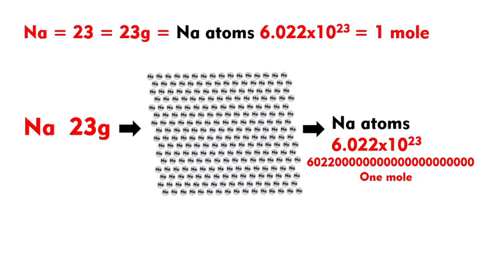If we take, for example, oxygen, 16 is the relative atomic mass that will be given to you. Take it in grams, 16 grams. In 16 grams, if you want to count the atoms, how many atoms of oxygen will you get? 6.022 times 10 to the power 23. Simply we say this count is 1 mole. So in 16 grams of oxygen, you have 1 mole. So the molar mass of oxygen is 16 grams per mole. And similarly,